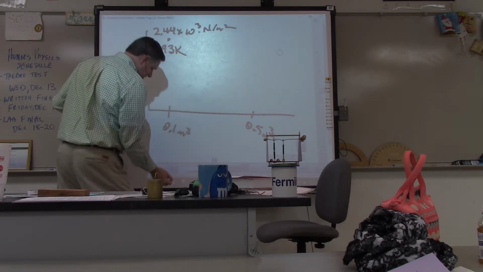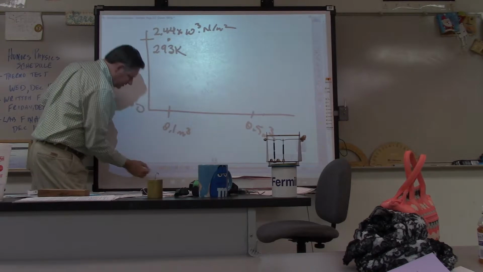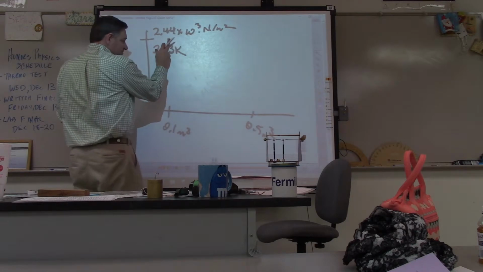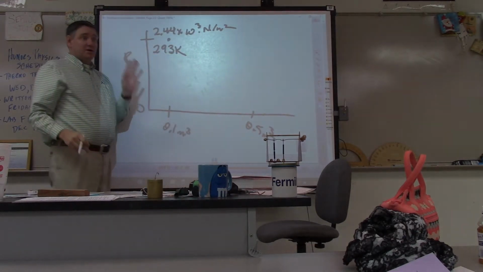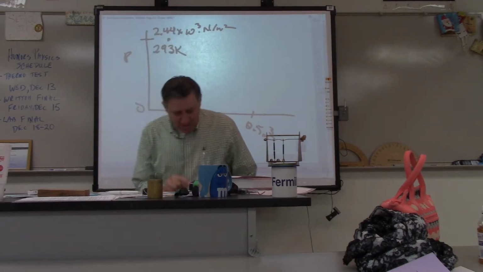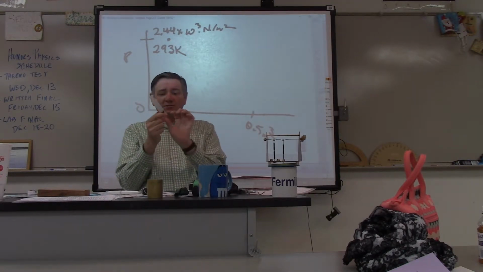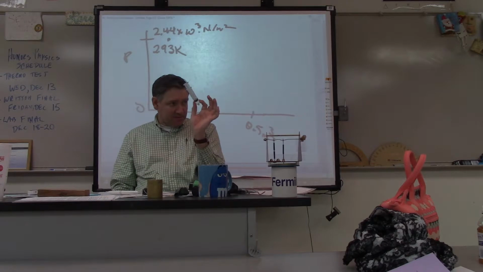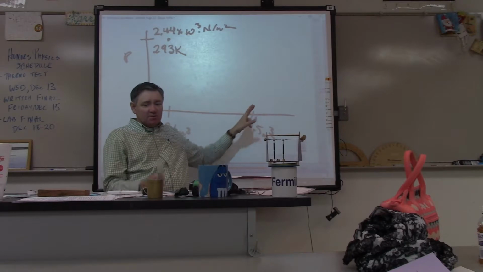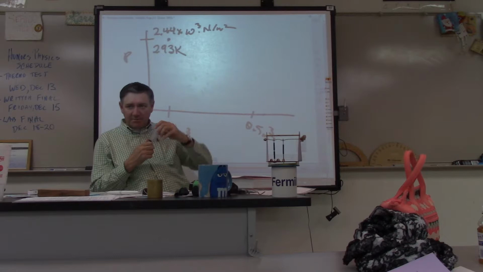So what we're going to do is take this graph and go from 0.1, okay, with this, and we're going to expand this gas to 0.5. So you have to visualize what's happening. This is why I have to have this syringe. So here I am, let's just say this is 0.1, okay? So I'm at 0.1 cubic meters. I want to make this volume go to 0.5. So am I going to push the syringe down or am I going to pull the syringe up? I'm going to pull the syringe up.